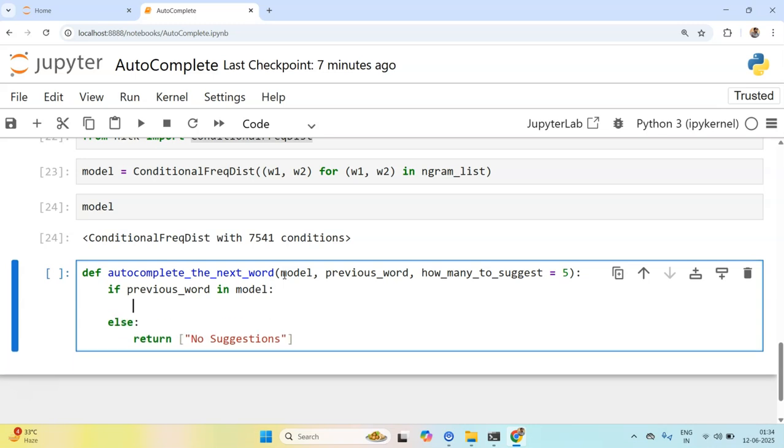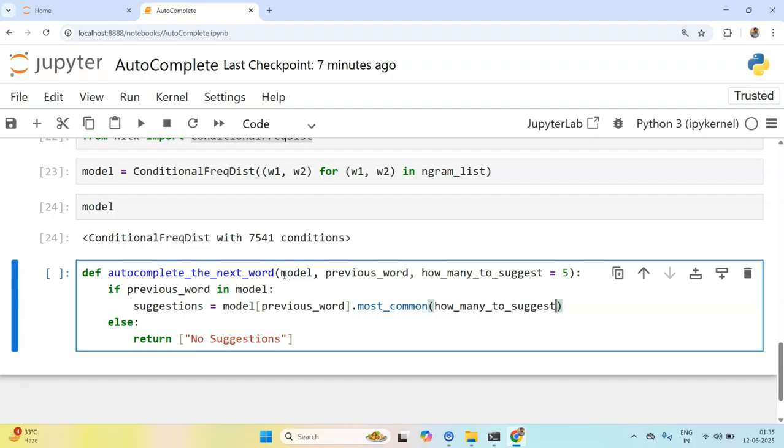If previous word in model, then we will get our model, get the previous word, get the most common, and get how many to suggest. Now this will return a list, I guess, or maybe suggestions.